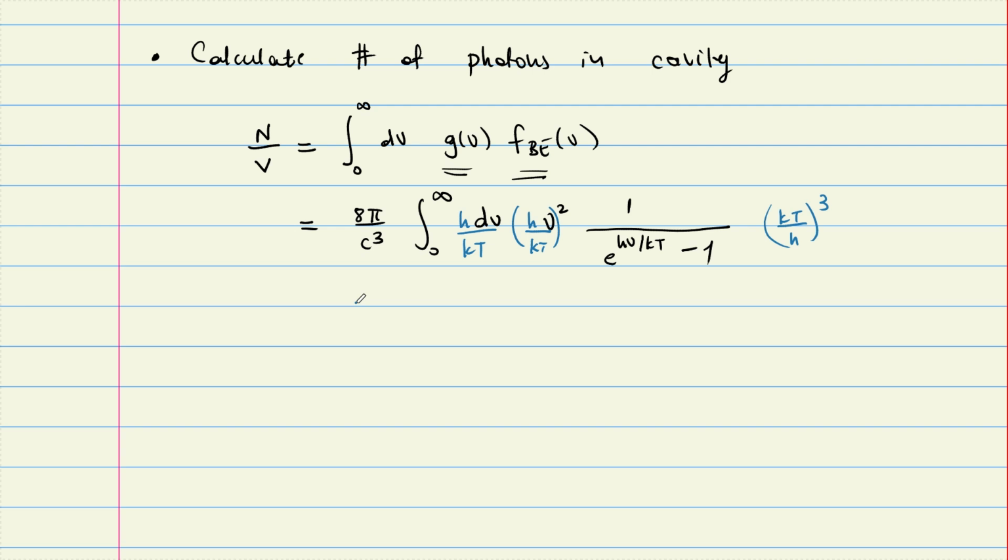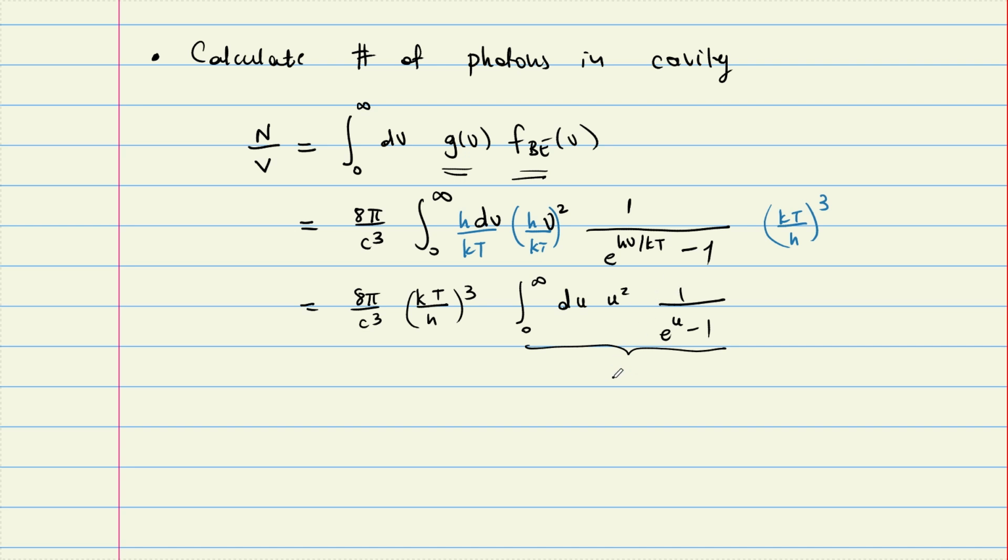And I will write this as 8 pi over c cubed, kT over h cubed, and this integral from 0 to infinity. Now this is a dimensionless integral, u squared 1 over e to the u minus 1. And you can just treat this as a constant, or if you have Mathematica, you can put this in Mathematica, but